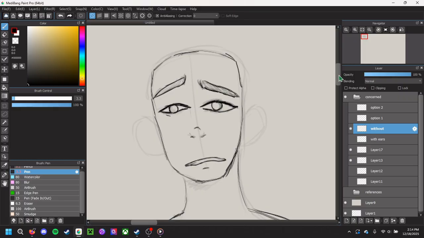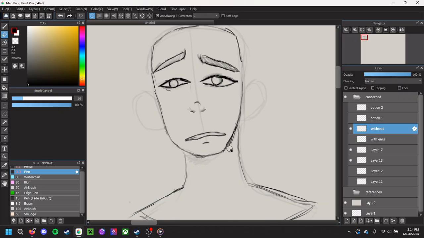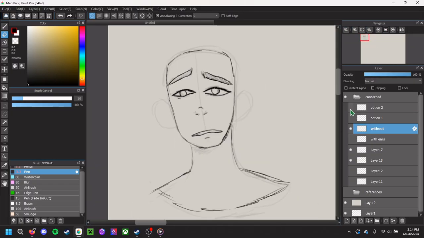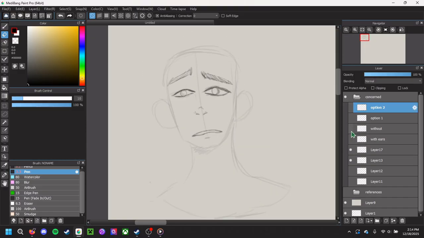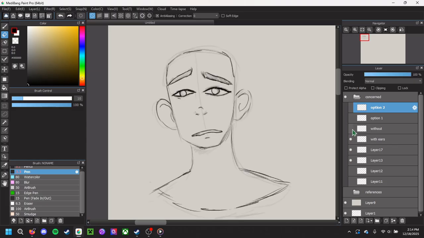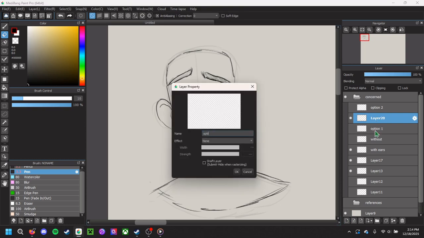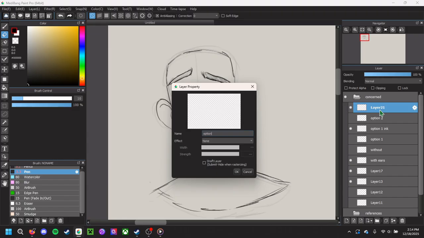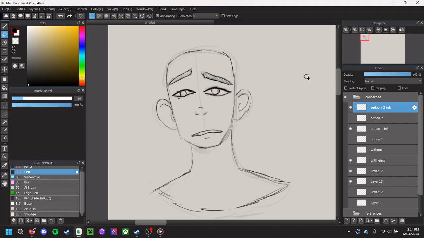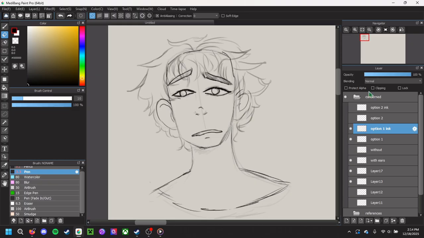And I'm just gonna change a little bit just to make it look better. I know, you can see it's a bit uneven, but now we're gonna do option 1, ink. So we don't need these, but I will keep them anyways. Option 1 ink, and then we're gonna do option 2 ink. So I'm gonna hide that, and then